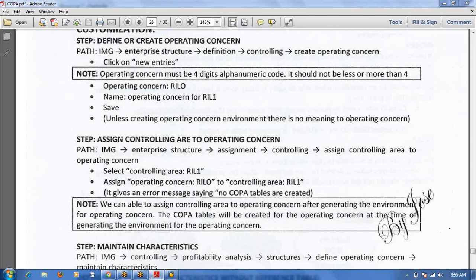Yeah, suppose any additive cost is there, for that component we can select the COGS component only. In that case, we won't select COGM, only the COGS component we will select. Okay, we will check that scenario. Actually, I have also not checked that scenario. Okay, through additive cost we can check.